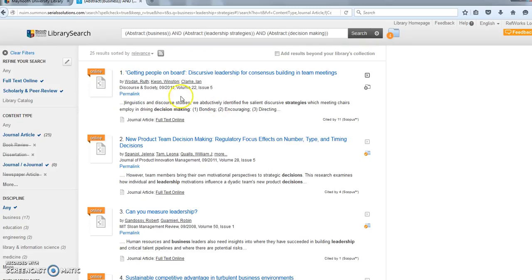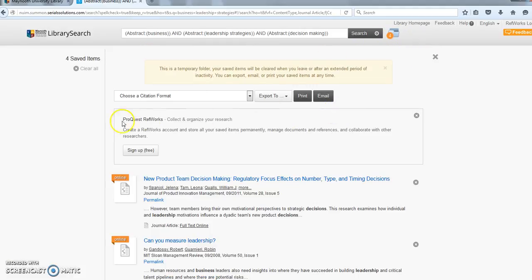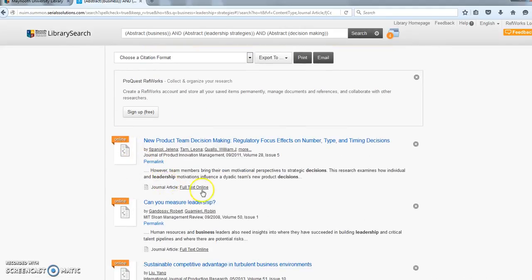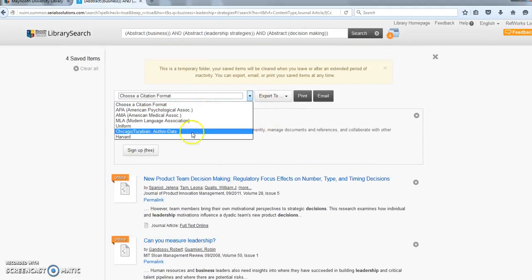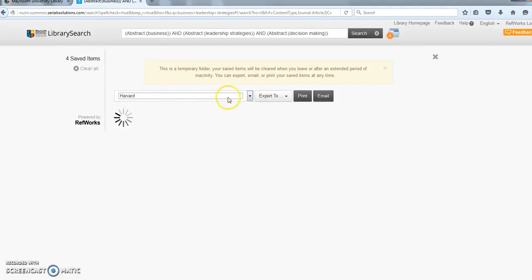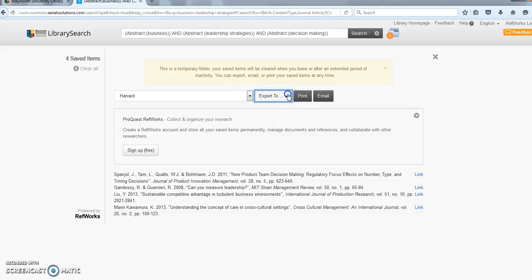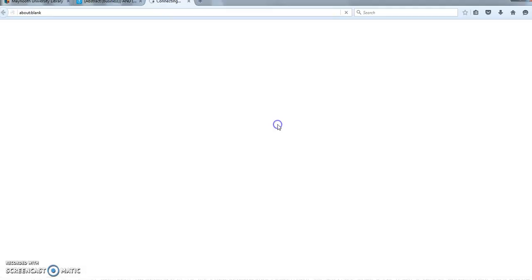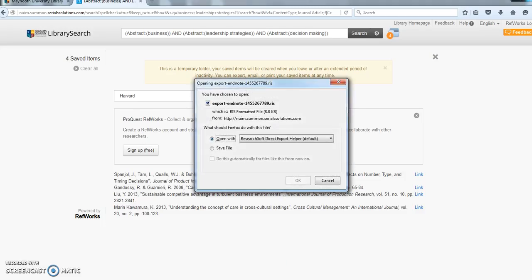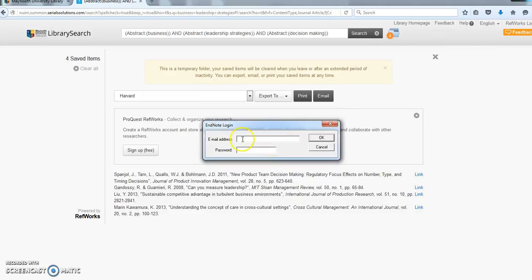So after you've picked out the ones that you like, click on the folder. Here they are. Notice it's online, journal, full text, permalinked, very convenient. We'll click Harvard as an export format, so we just drop this down, and then we're going to click export to EndNote, open with that. We'll then enter our EndNote email address and our EndNote password, and